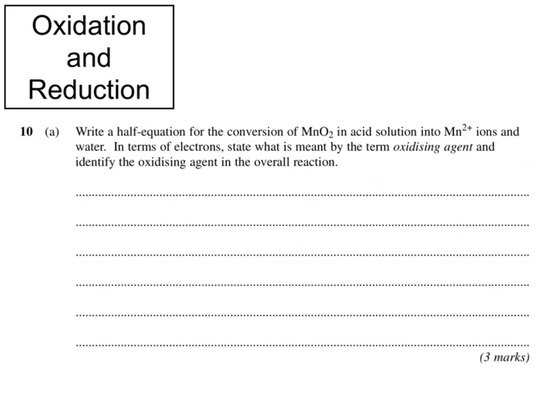So here's a question from a past paper that requires your understanding from the previous few slides. The first bit doesn't, and will require you to watch a different video if you're not sure how to do it. So the first bit's: write a half equation for the conversion of MnO2 in acid solution into Mn2+ ions and water. And to do that, first you will write out